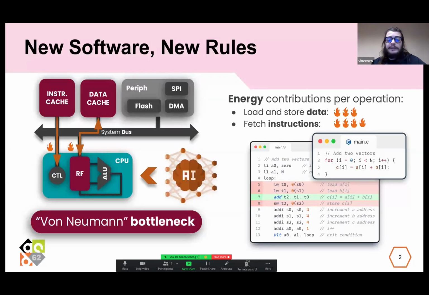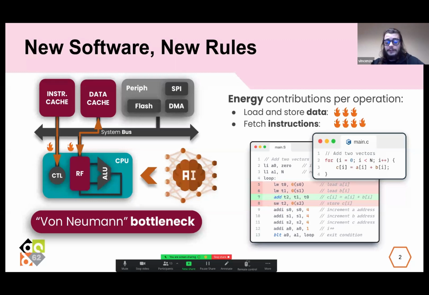So I'll get started. We already know that companies and almost everyone are trying to run machine learning workloads on common microcontrollers. But what we often see is that we very quickly hit the von Neumann bottleneck. What is the von Neumann bottleneck? It's basically a limitation that keeps you from correctly